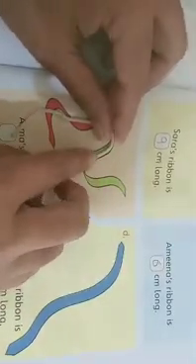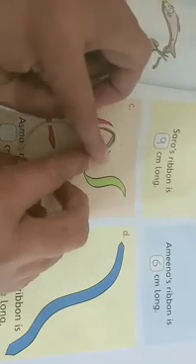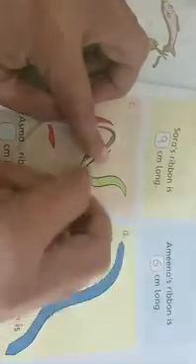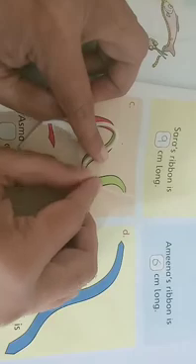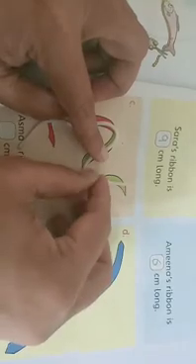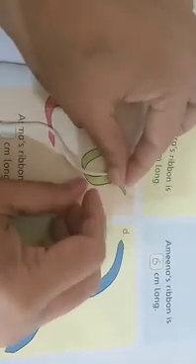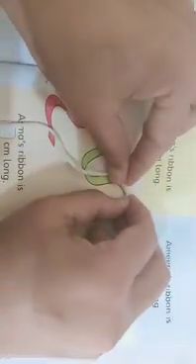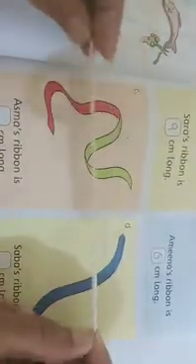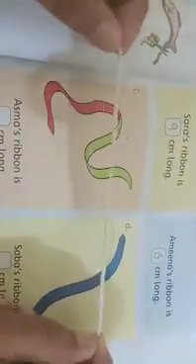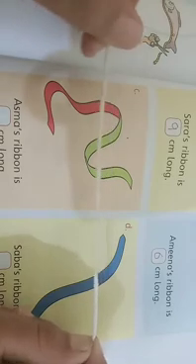This ribbon is longer than the other ribbons because of its curved shape. You are seeing here. So start from here. Now we will measure this and we will put it on the cm ruler.